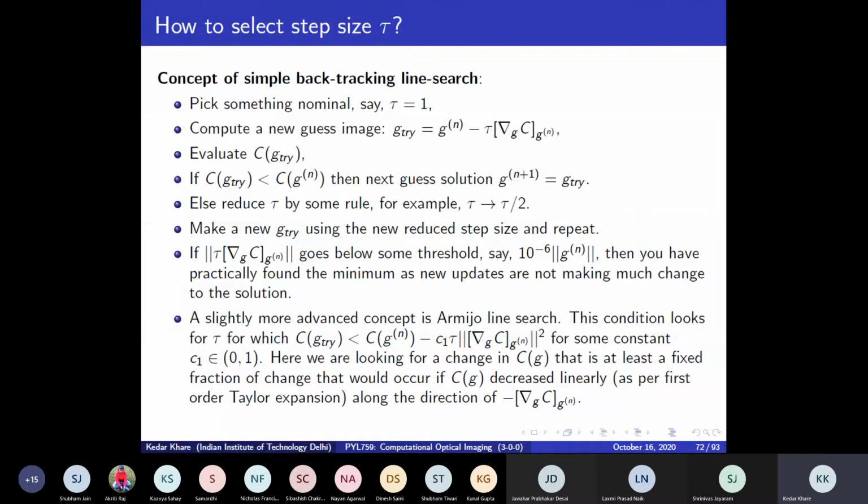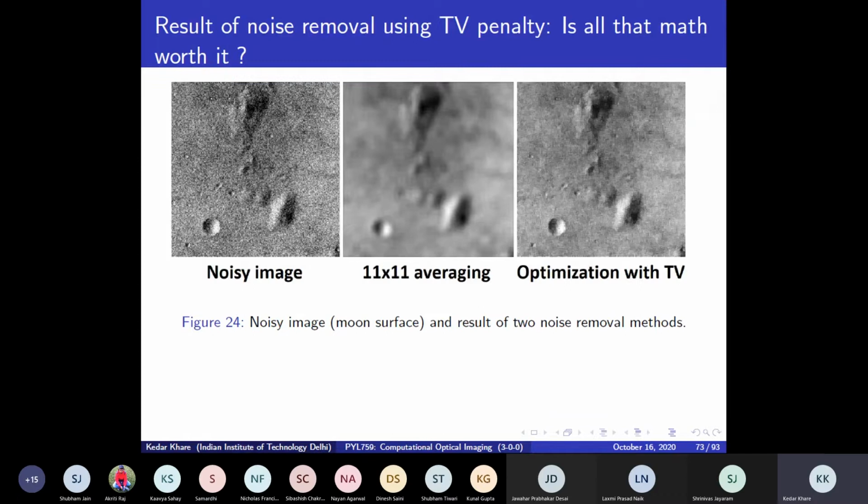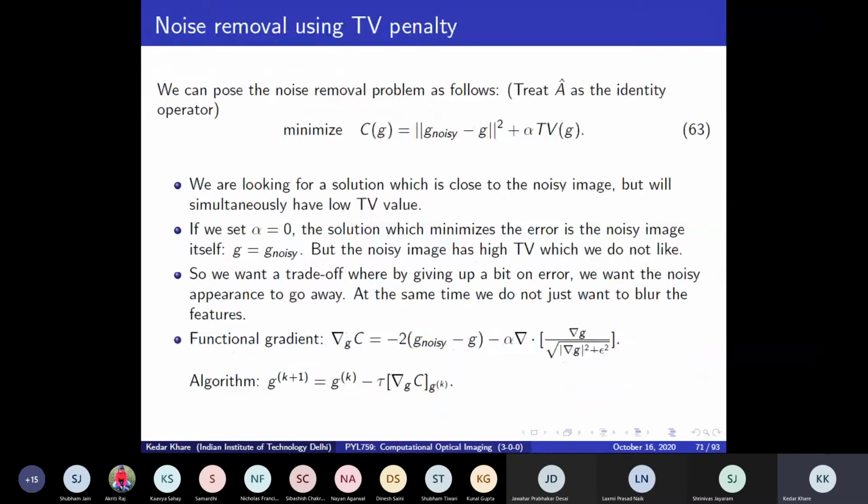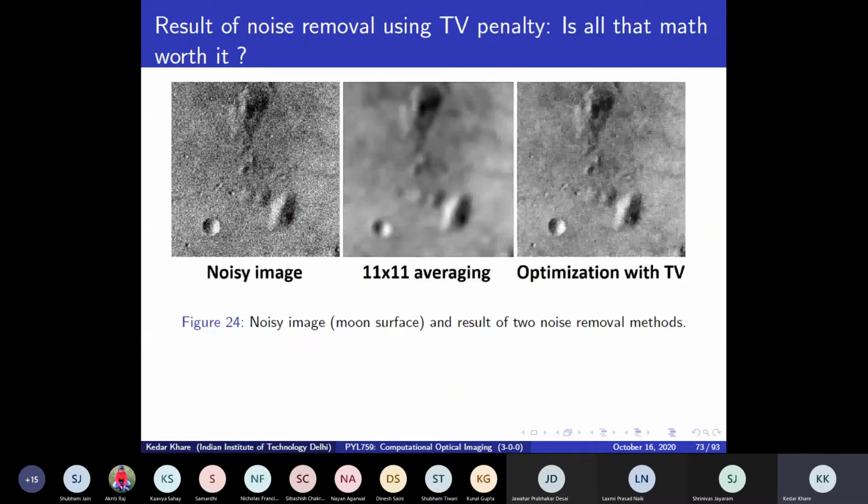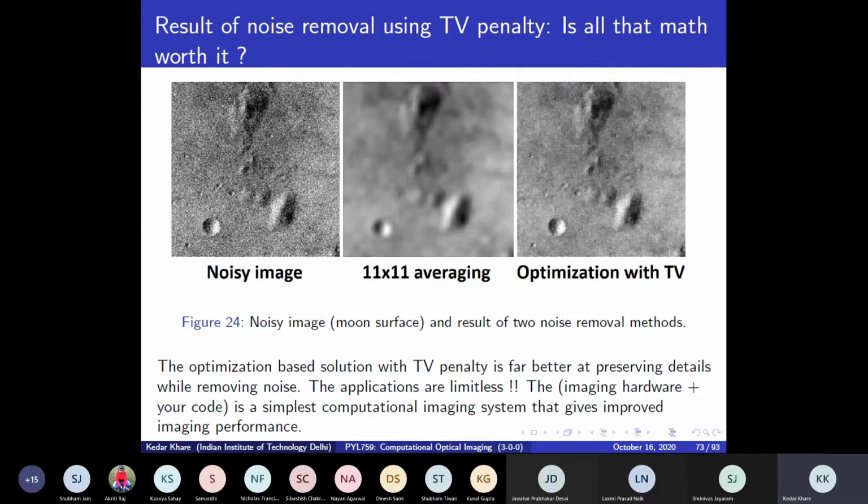Maybe within the next 1 or 2 weeks, I will also give you an exercise to implement this, because we are still working with the early part of what we studied in the course. This is going to be the iteration where, for any image, you take any random guess as an initial guess for the denoised image. For G, you can just take any random valued matrix, and you implement this on a computer, and you are going to end up with the optimized image.